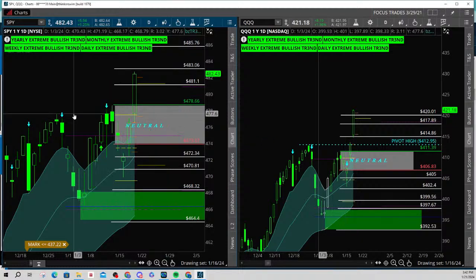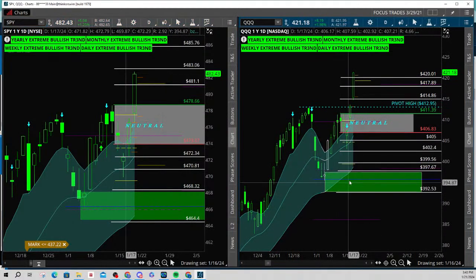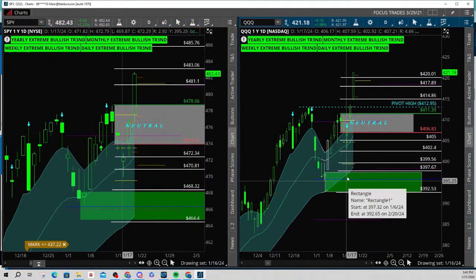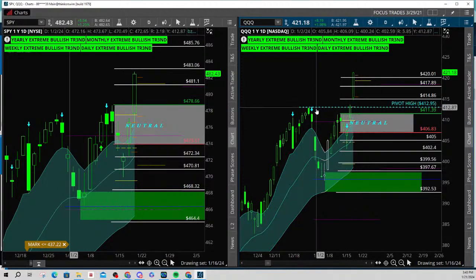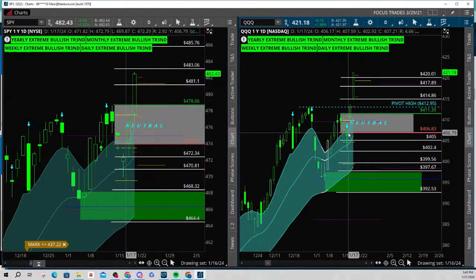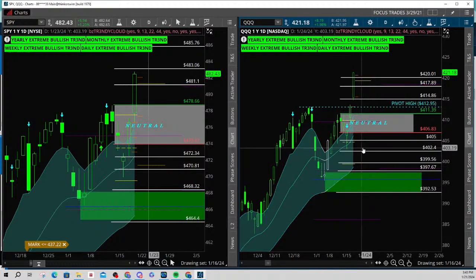When I'm looking at the QQQ, it's a little bit different of a story. The green box is way down here. It's been leading. And when I say leading, well, it came down. It gave you an opportunity to go short once it broke the lower level. It did see T1, and you guys can see it almost got into T2. It turned around very quickly.